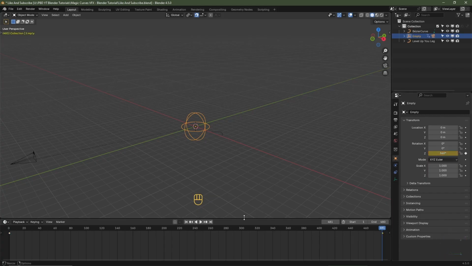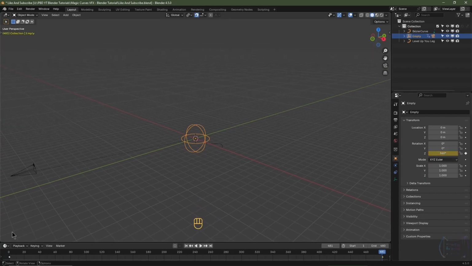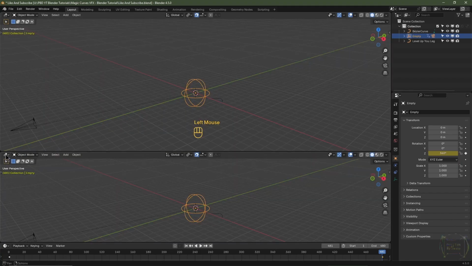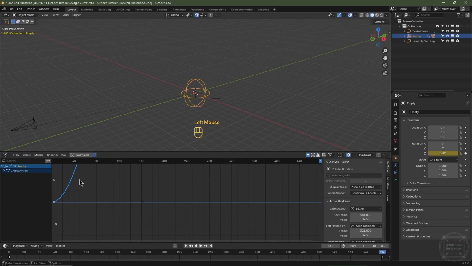I'll decrease my timeline. I'll navigate to the bottom left of the 3D viewport until I see a crosshair. I'll left click and drag up, and that will open up a new window. I'll then change this from the 3D viewport to the graph editor. By default,